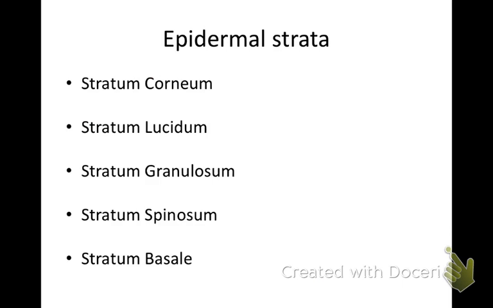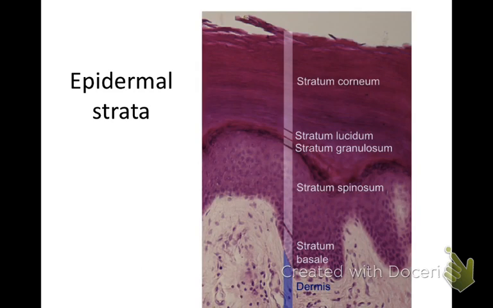So here are the epidermal strata from top to bottom. The corneum at the top, that's the outer layer of dead cells. The lucidum, which is found only in thick skin. The granulosum, which is that layer that is darkly pigmented. And then below that, the living stratum spinosum and stratum basale. So as we look at those layers,